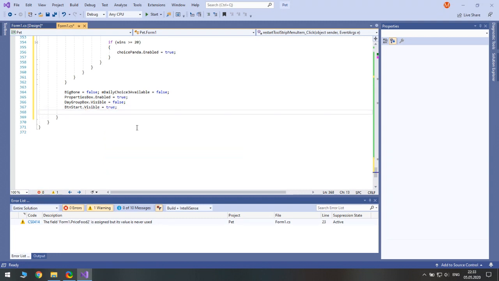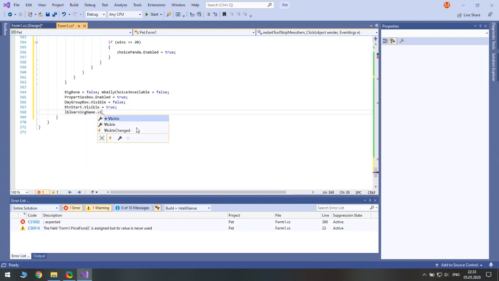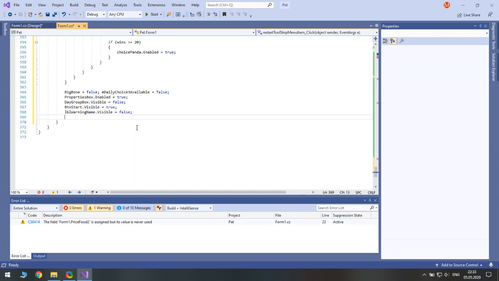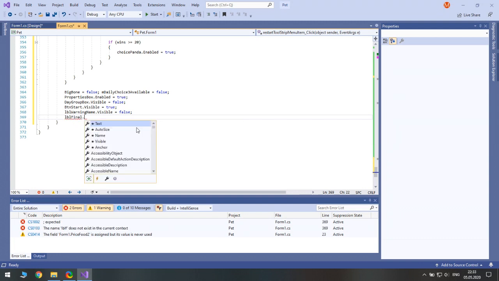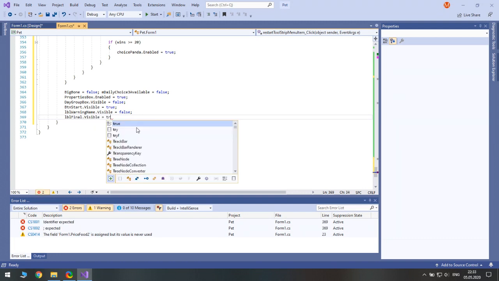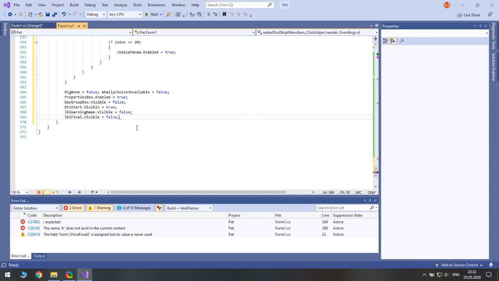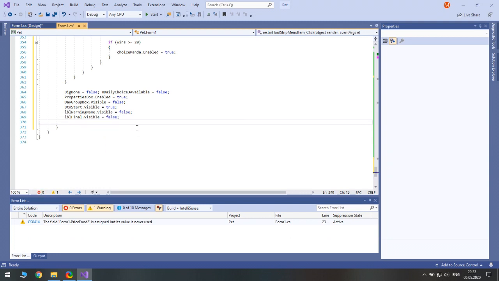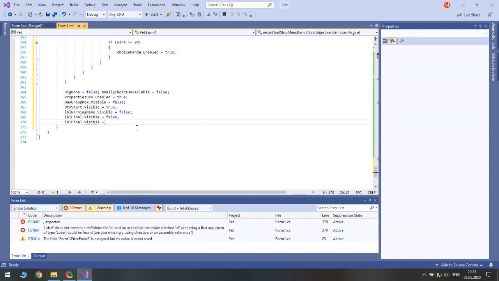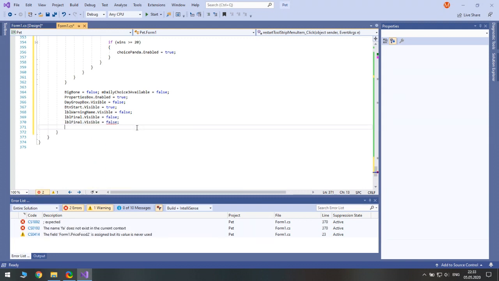We remove the label warning about the name, so we make it invisible. We remove the label warning about the last day and make it invisible. We also remove labels that tell us final results. So label final and label last day.